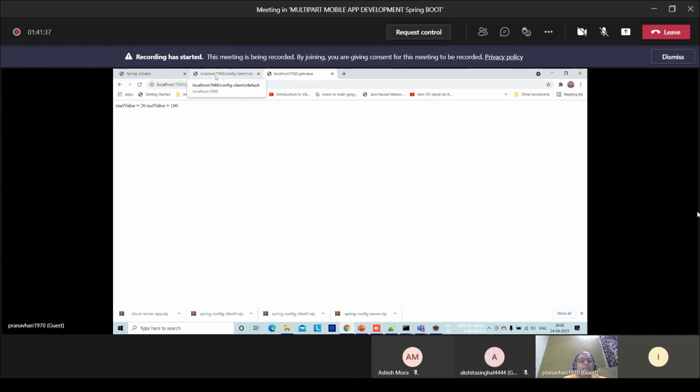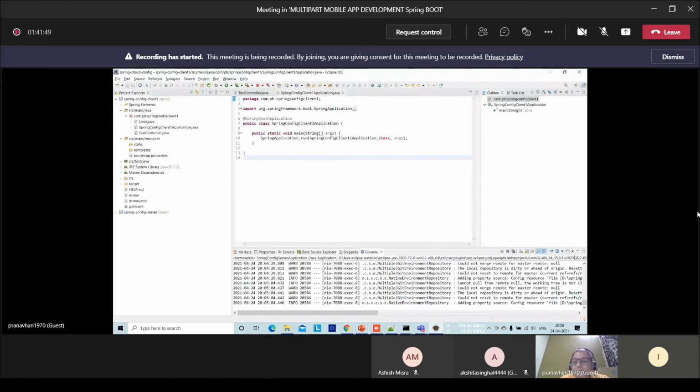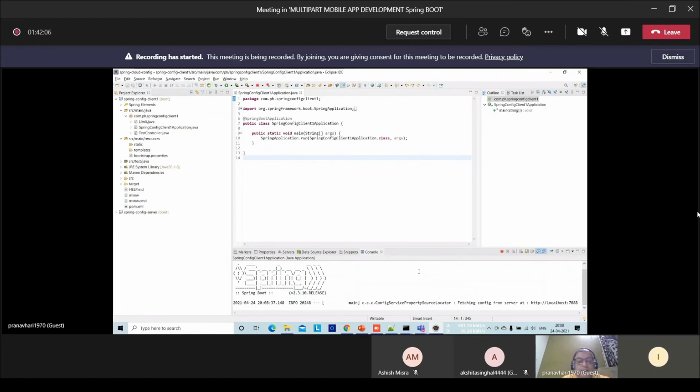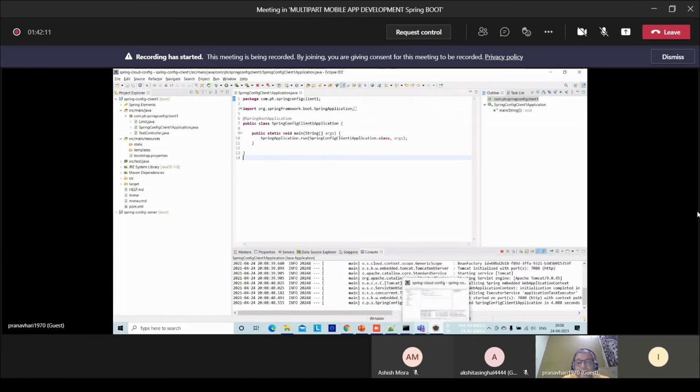The server is off now, but when this app was launching, the server was started. Now, let me close the client once again, and let me start the client once again. Now the server is off. See the experiment which I am doing. Now the server is off. Only the client has executed.